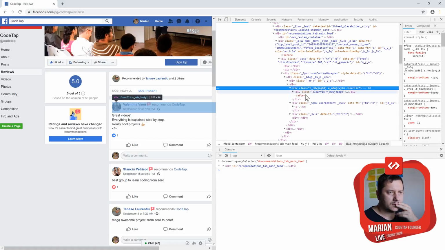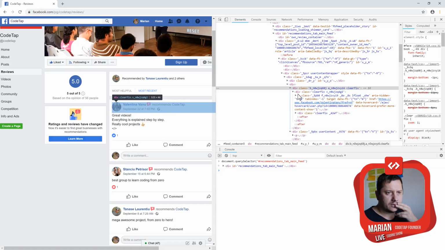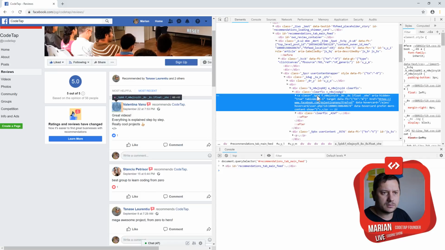Now let's go inside this div. I got an image, and this image has a link that points to the user, and then